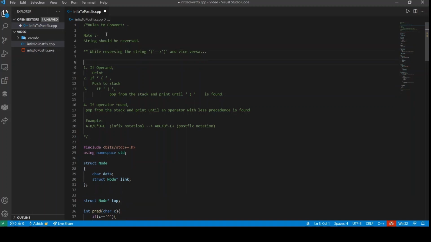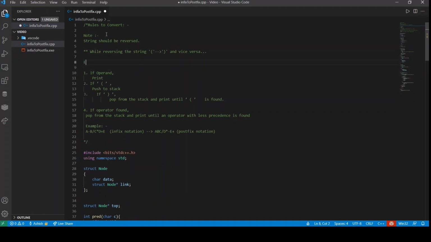So let us have an example for this, because this is a crucial point which could give an error in the code. So suppose we have this as an expression, right, in brackets a plus b.